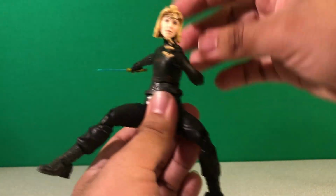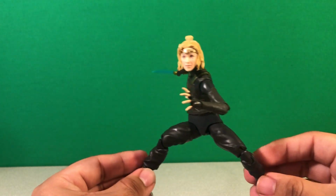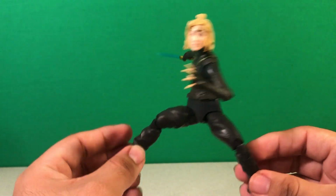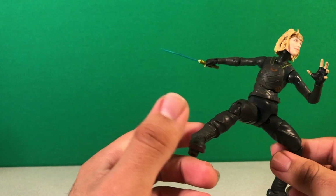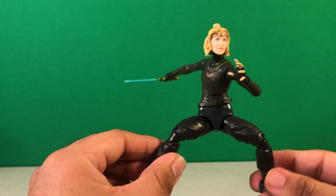Don't get me wrong, this is a character I didn't really, you know, she was cool in the show. I was like, I don't need her for my shelf. But I found her, and I was like, you know what? That looks really fucking good. The cape she comes with is kind of annoying. Maybe that's why people don't like her. But take that cape off, and dude, she can...